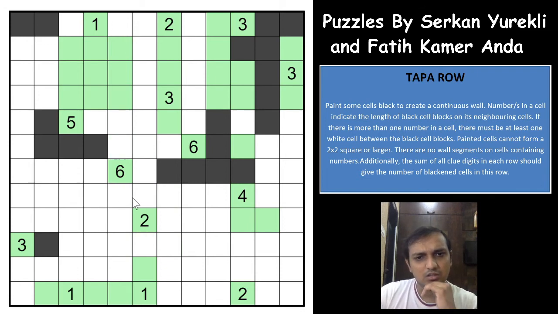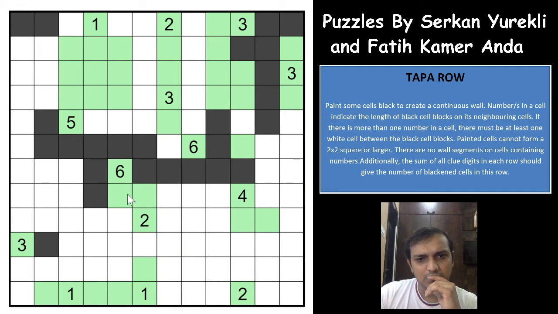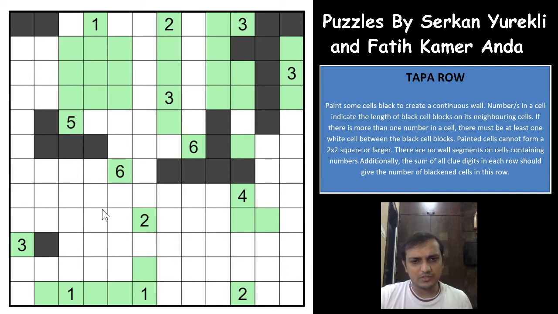But can both of these be unshaded? It is still possible, right? If both of these are unshaded, it is still possible. So there has to be some different logic that we are missing. Let us see some other logic that we might be missing actually. We got something with the 2 clue, but I'm not sure if we are able to do that here.